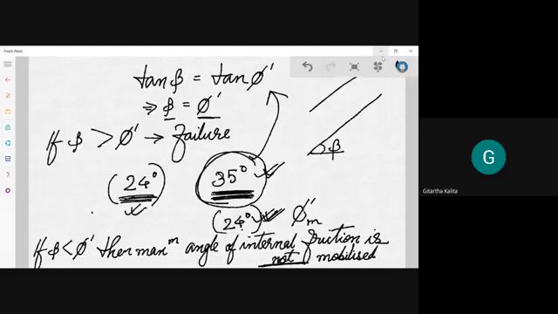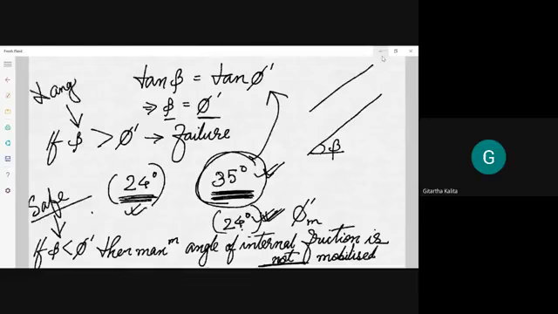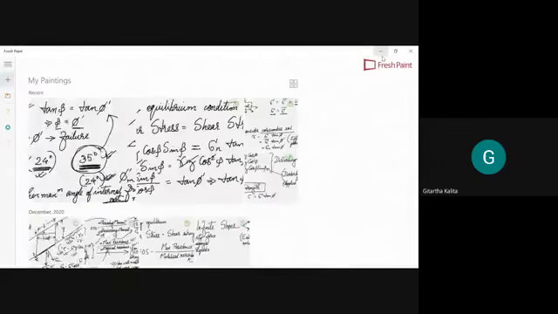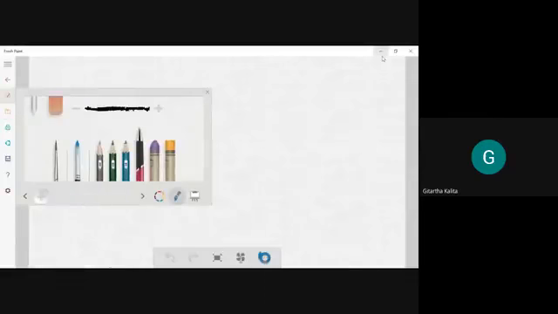So in that case, this condition is safe, but this condition is dangerous. Now, what will be the factor of safety now? Factor of safety is